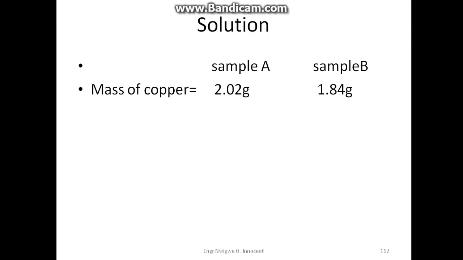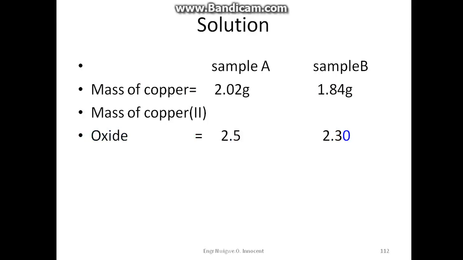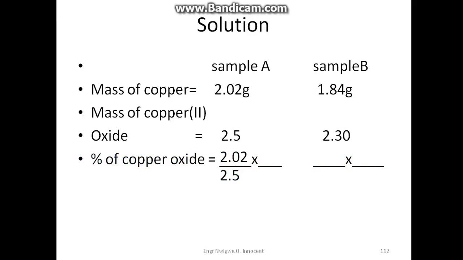The mass of copper(II) oxide is 2.5 in sample A and 2.3 gram in sample B. Percentage of copper: we have 2.02 gram of copper divided by the oxide, 2.5, times 100 over 1 for sample A. For sample B, we divide the mass of copper by the oxide, which is 1.86 divided by 2.30